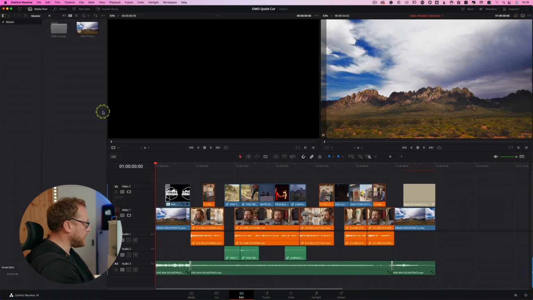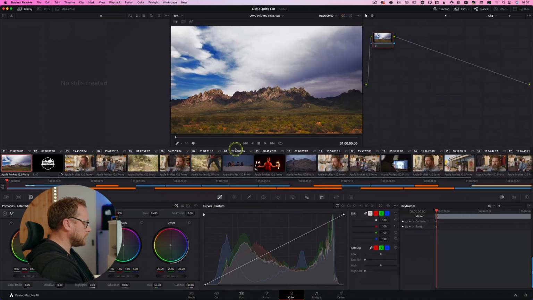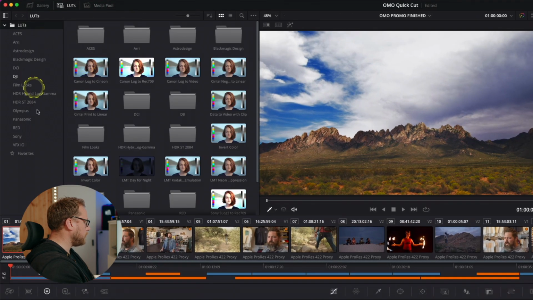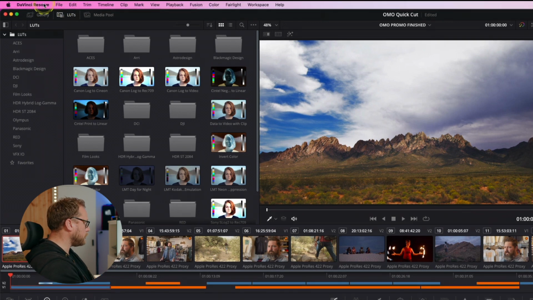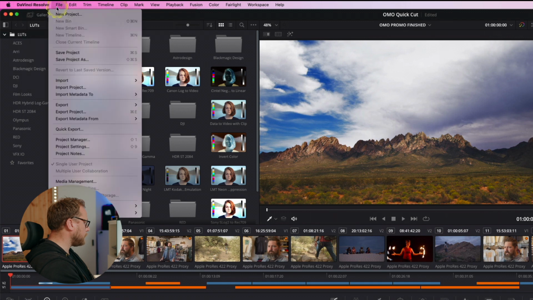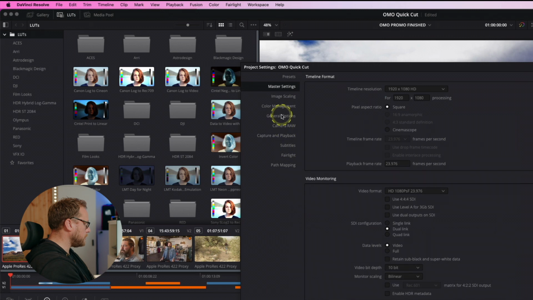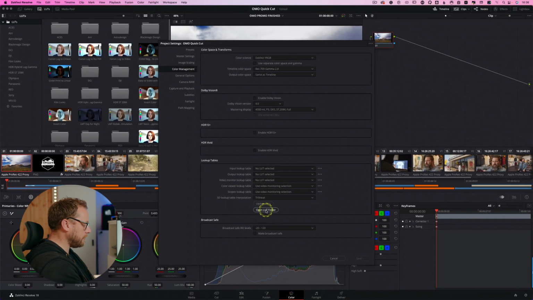Now what you need to do is check on all the other things that we were bringing in. So like the LUTs, let's have a look at the LUTs. So in here, open the LUT gallery. Great thing is all of my system LUTs have been brought across, because of course they come with the application, but the other LUTs are missing. So as we did before, we can of course just go to the project settings, which is here, come into color management, and then we can open the LUT folder and we can see